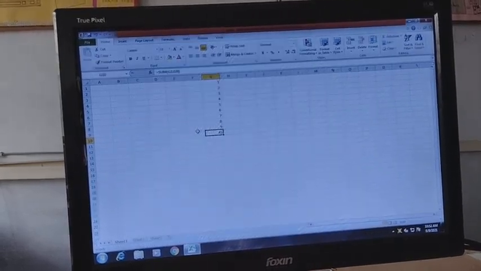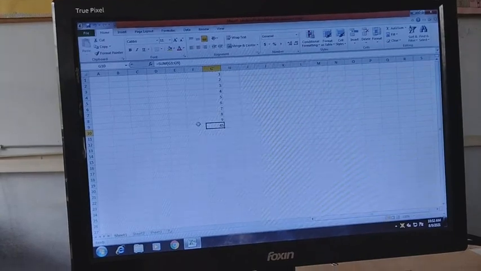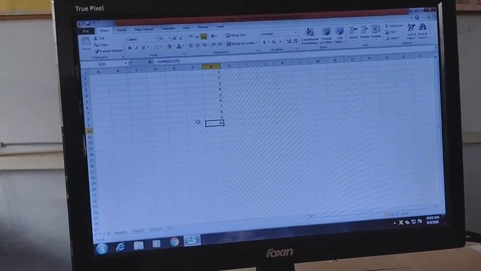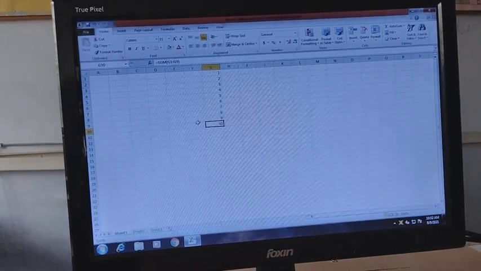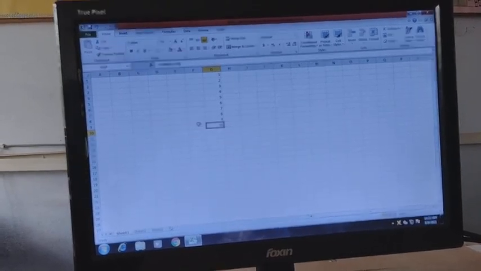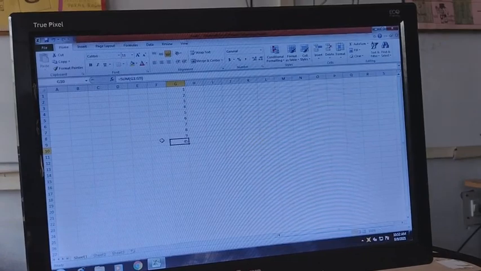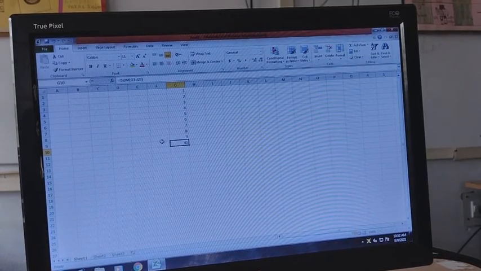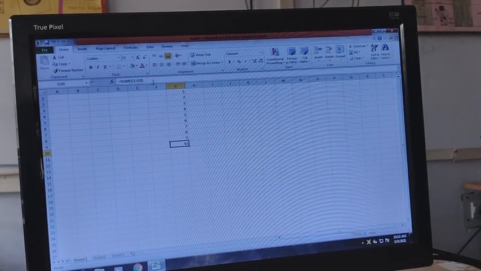So this is how you can use the sum function. Now we have various other functions. Let's discuss them also. First I have to remove this function from here.